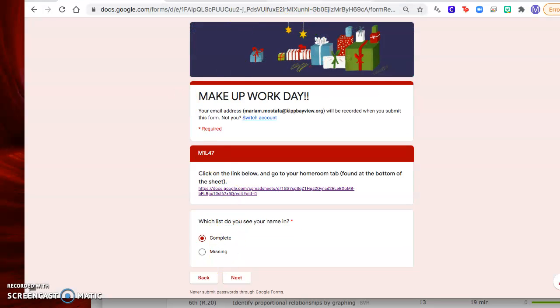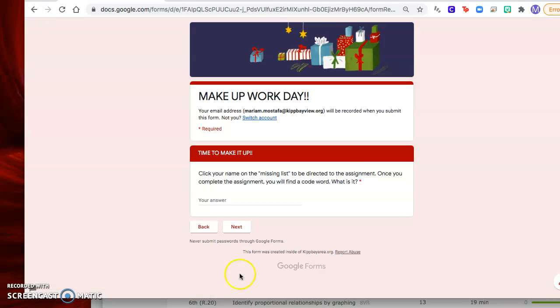for maybe 4 assignments. I didn't want to put all missing assignments because that might be overwhelming. So right now there's only 4 assignments in here. So if you click missing, what's going to happen is you're going to click your name, and then when you